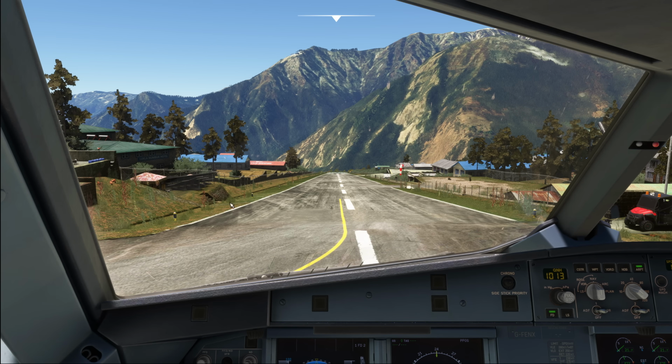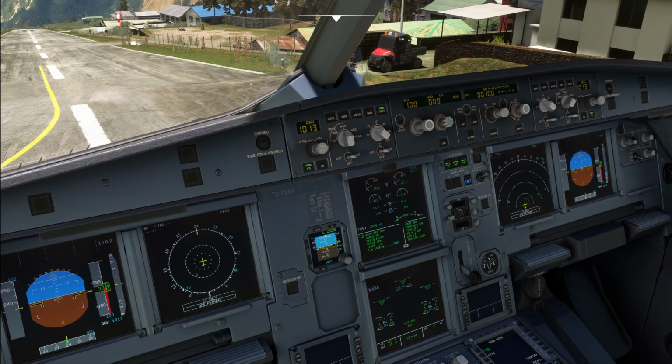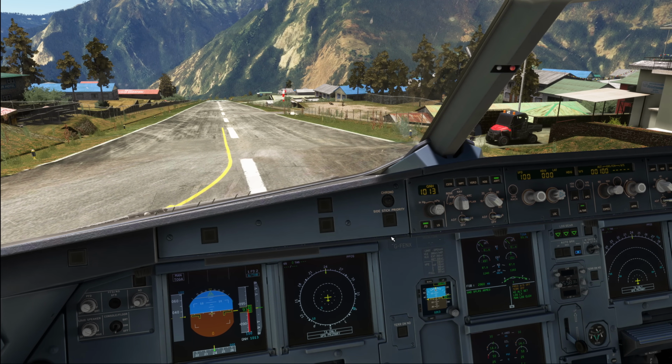So I'd say we are going to set our takeoff thrust here with the brakes still standing, and then we're going to release the brakes as soon as we are ready to go. Now the last thing over here, as you can see, I have turned on the high altitude landing option and I selected the manual landing elevation to the field elevation, because otherwise we would keep getting warnings thrown at us, which we don't necessarily want. Okay, so